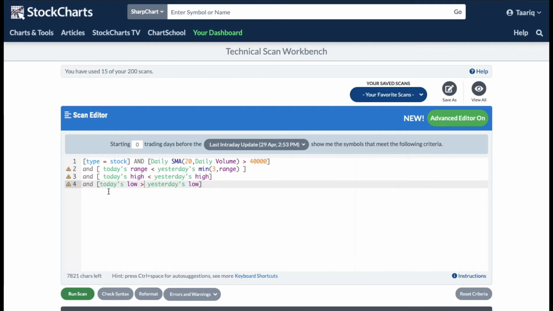And then the way we get the narrow range is by looking at today's range and making sure that it's less than yesterday's range over the past 3 days, or not yesterday's range, but that it's less than the low over the past 3 days. So that's that NR4 days part of the scan. So when you go ahead and run that,